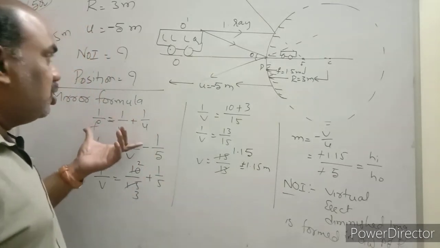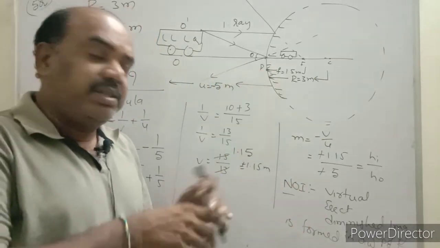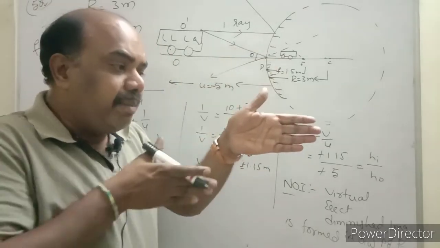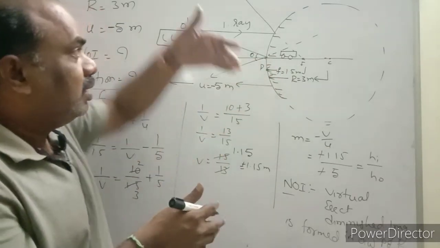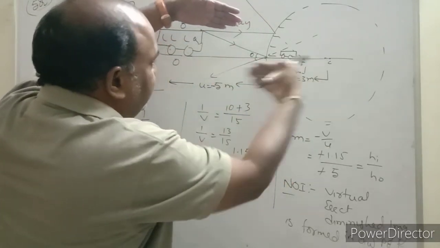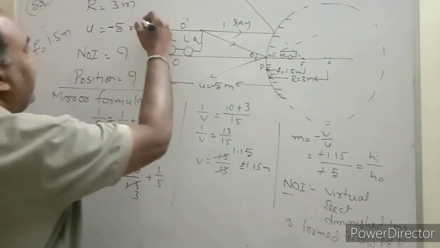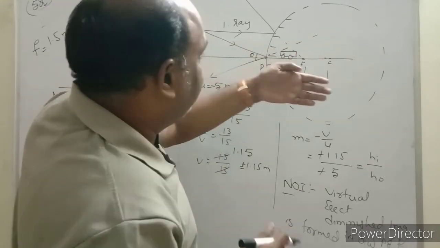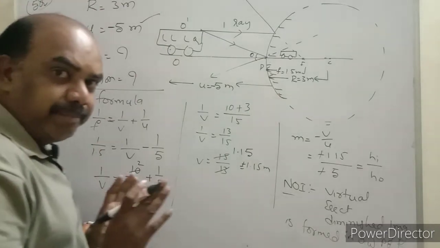Before going to substitute in the mirror formula, you need to do the sign convention. All distances must be measured from the pole. Compare with the incident ray. If the incident ray and the measured direction are both the same, take positive. Opposite, take negative. Let us consider this is the incident ray. Measuring from pole, the object distance is in this direction. The incident ray is in this direction. Both are opposite, so take minus. Radius: pole to center of curvature, measured in this direction, and the incident ray is also in the same direction. So positive. Understand, children?